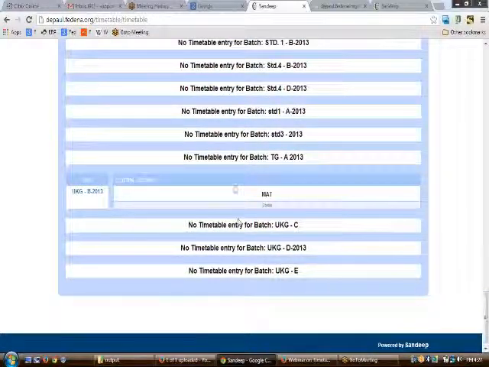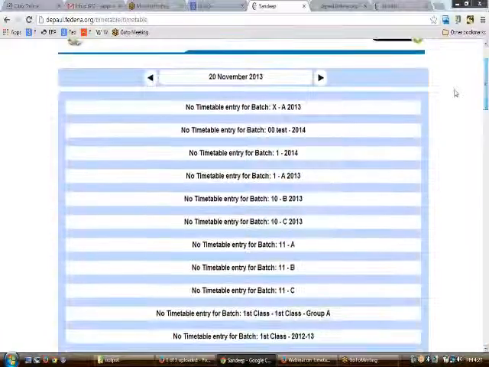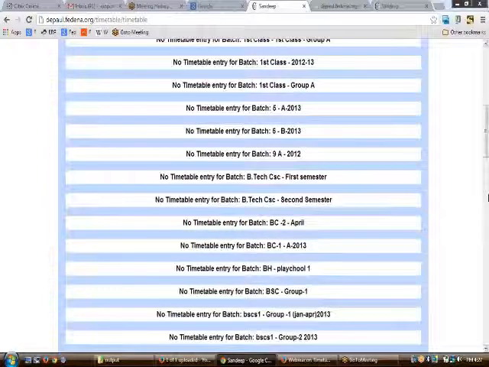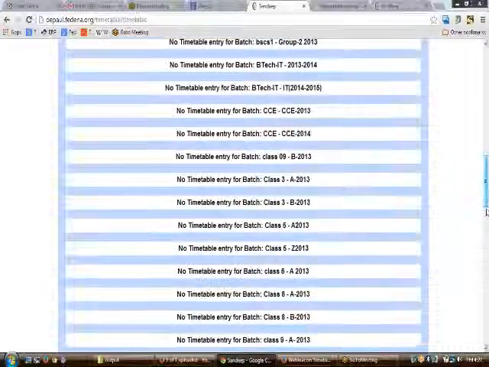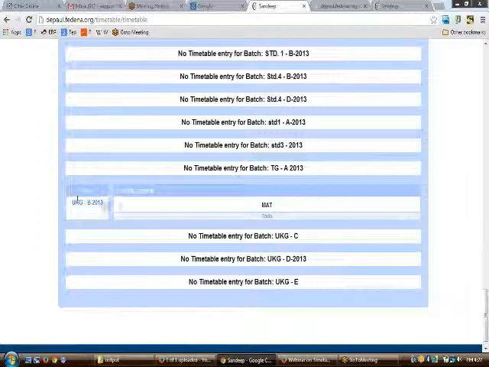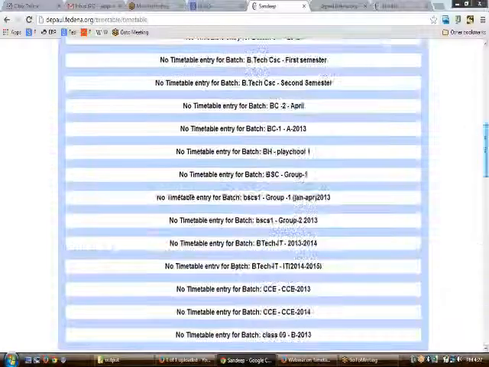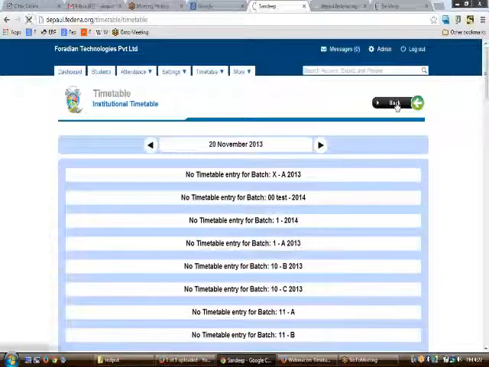So as you can see, for this particular batch, there will be a timetable as UKGB 2013 for this current time, and for 20 November 2013, the timetable would be something like this. UKGB 2013, time is 1 PM to 3 PM. This timetable will be maths taught by Mr. La. This is all about the timetable part